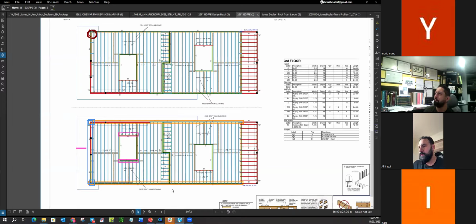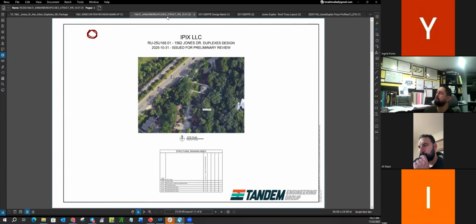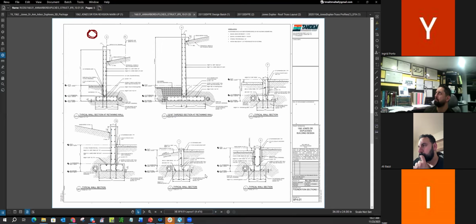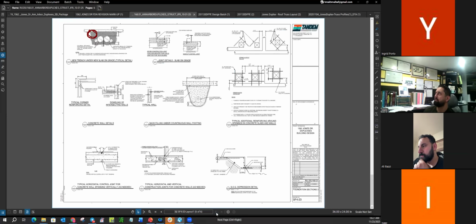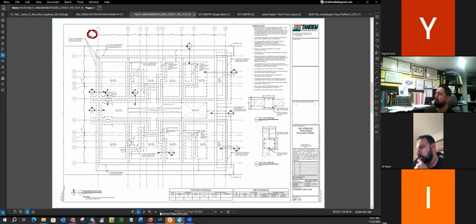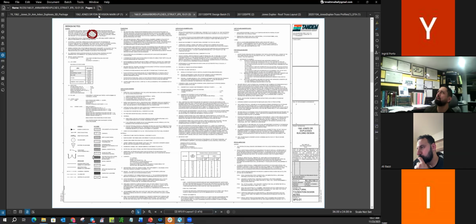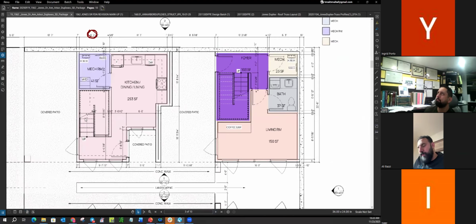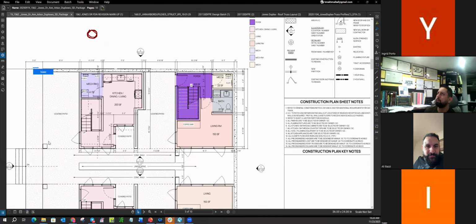Can we go back to our architecture plan, Hattie? Yeah, thank you, to the first floor. This is foundation. You meant structural plan, right? No, the first floor architecture plan. I think this is structure. Let's go to the architecture plan. That's the first one. Yes. Oh, I get it, I see what you're saying. Yeah, zoom out a little bit. Yeah, we have a column here. I see why.